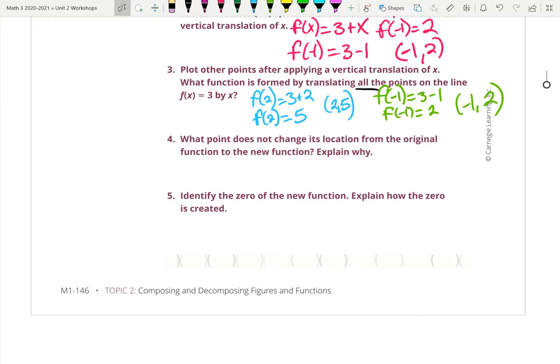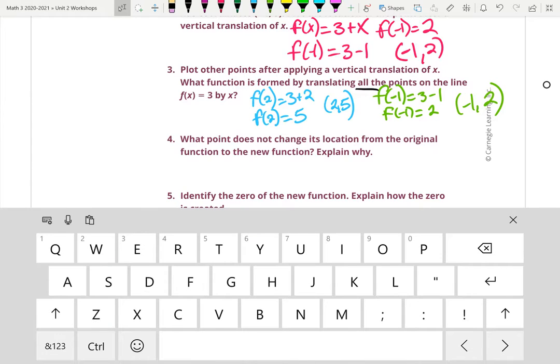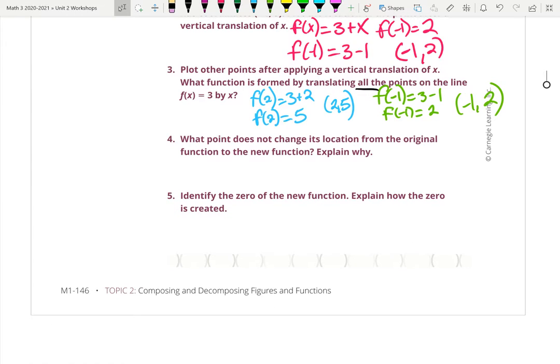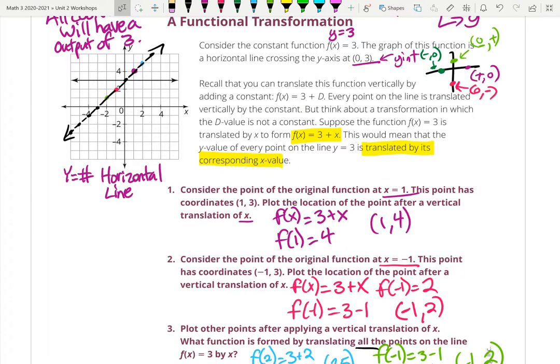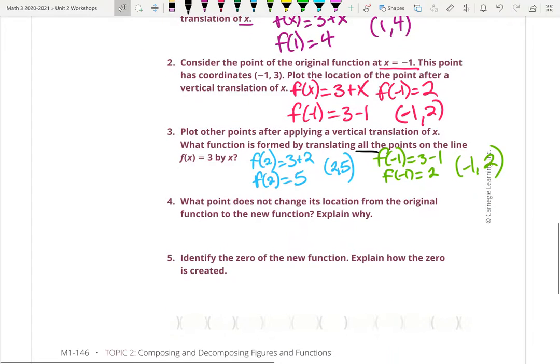What point does not change its location from the original function to the new function? And why? So, what point didn't change? Well, looking at the graph, right here, the y-intercept is still the y-intercept. Let's go ahead and look at that. The y-intercept,